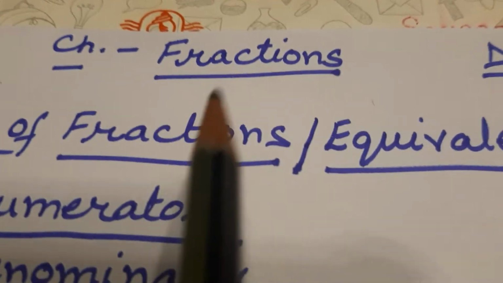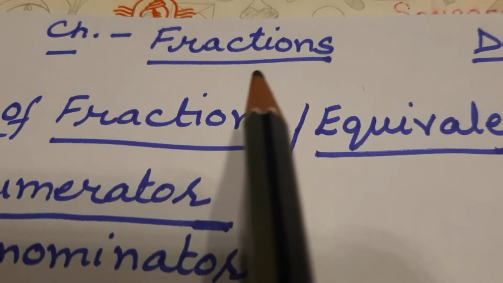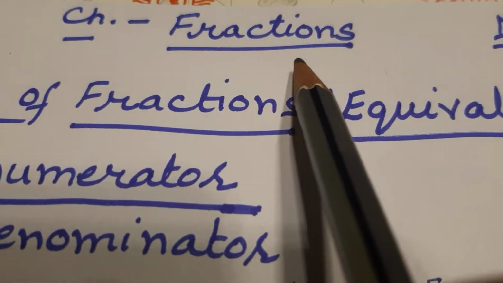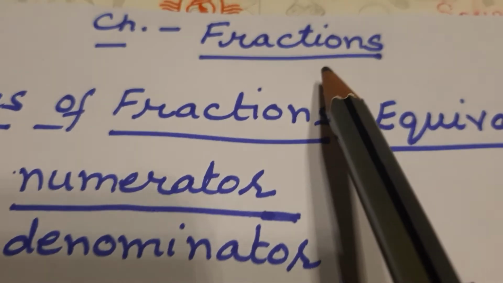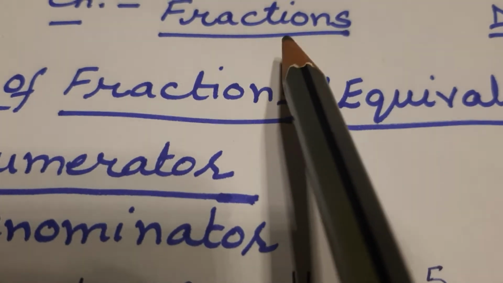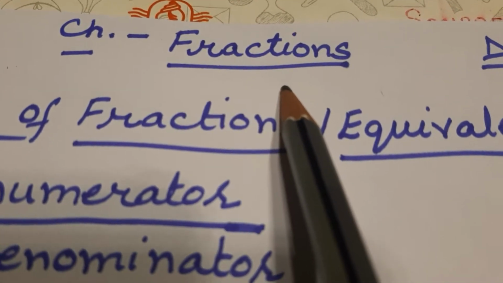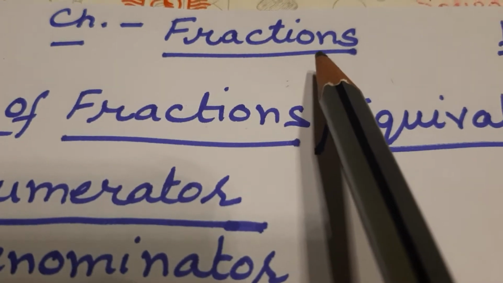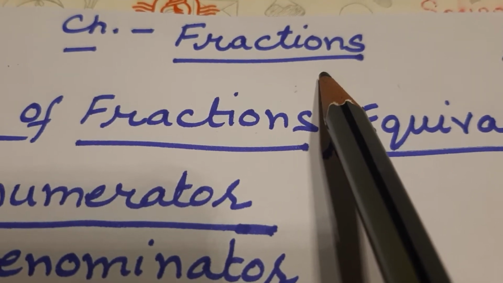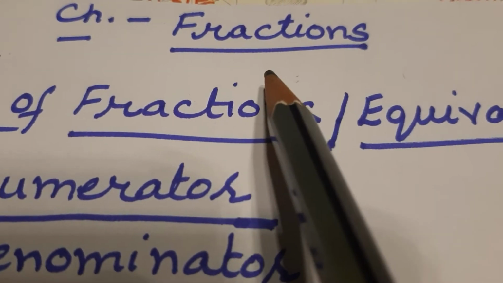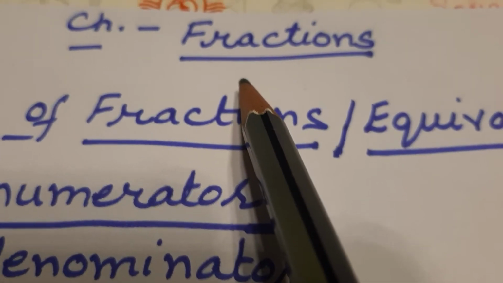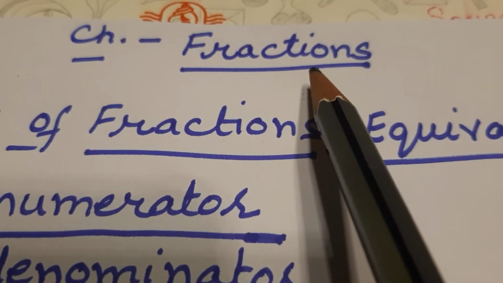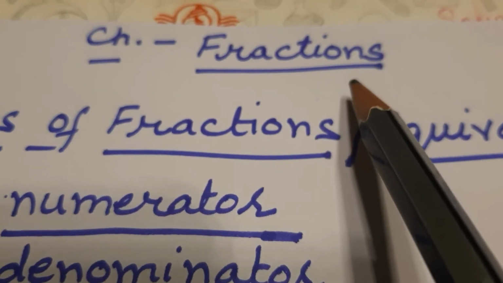So students, today we are going to start our new chapter, fractions. This topic you have been doing for the last 2-3 years. So what is a fraction? When we cannot express a thing in whole numbers, meaning 1, 2, 3, 4. If the thing is in between these whole numbers, meaning if the thing is more than 2 but less than 3, then how do we express that? In fractions.